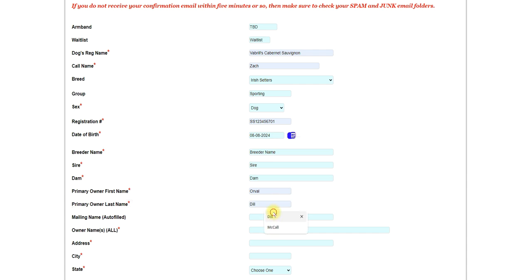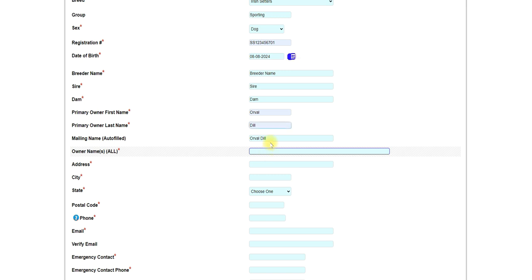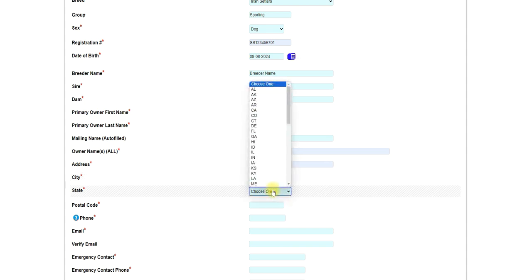Owner first name, last name. The mailing name is automatically fixed by adding the first and last name together. And then we have the owner names all. This is so that in the catalog we can have all the owners available. Then we'll have the address and the city, and we'll choose the state, and we'll go down to Oklahoma, and